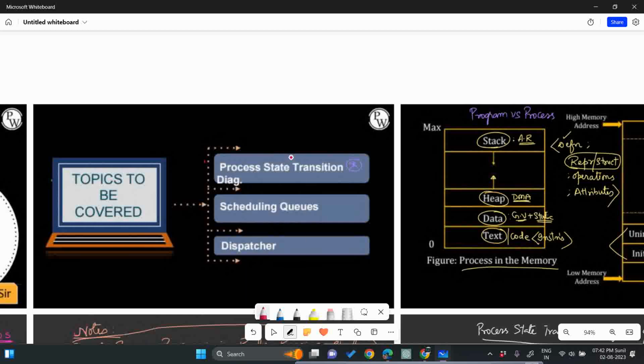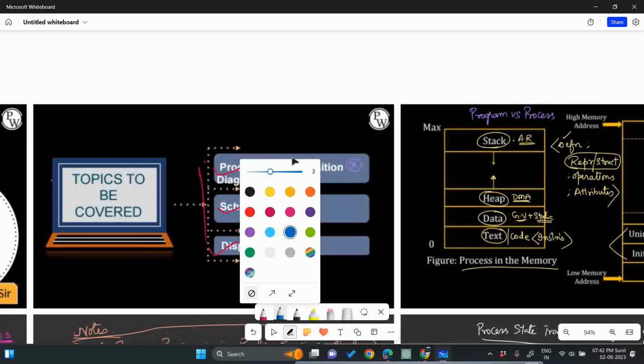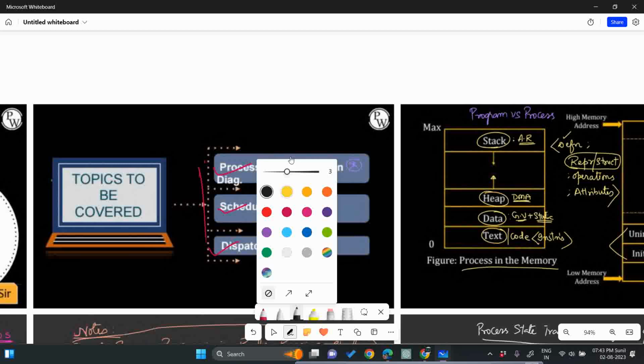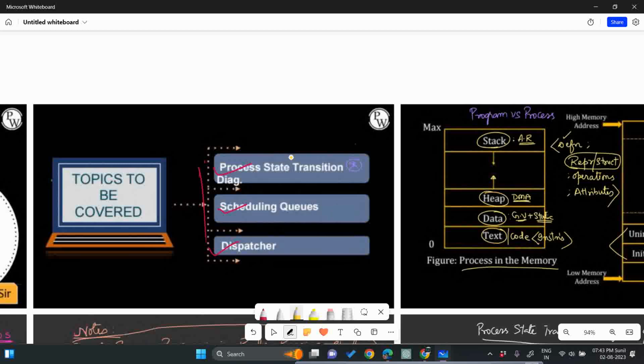So let's see what are the topics. First is process transition diagram, and second one is scheduling queue, and last topic is dispatcher. So we will see what these three topics are, and let's first change the colors. Blue to black to yellow, I think. Yes. So let's start with the first topic,